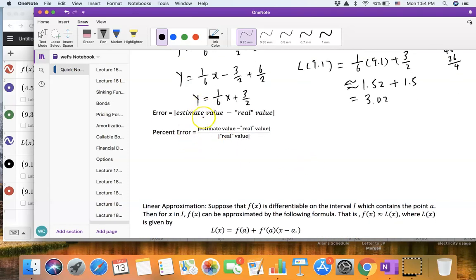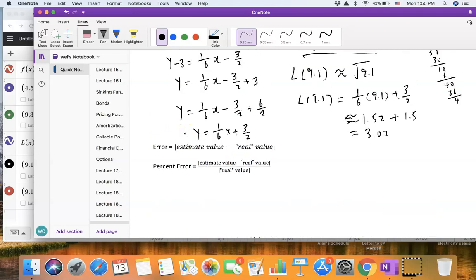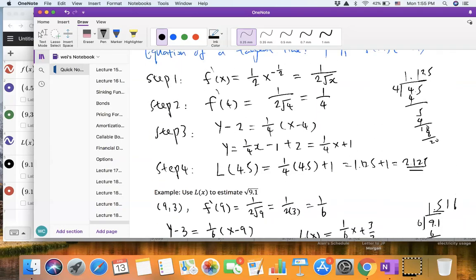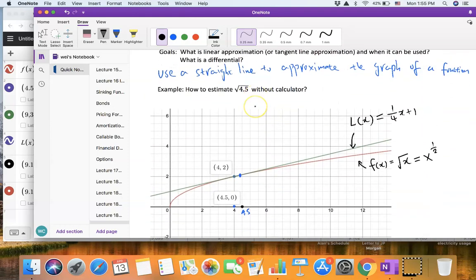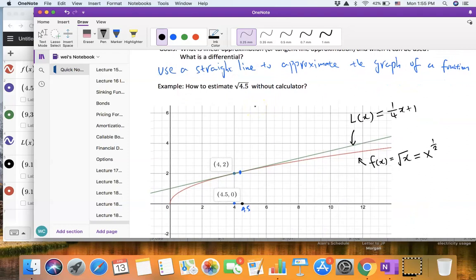Now the difference between the approximation and the actual result, the absolute value of this difference, is what we call the error. And if we take the error divided by the absolute value of the actual result, that is called the percent error. Like in the previous example, to find the error and the percent error,